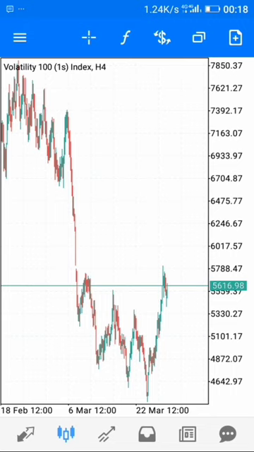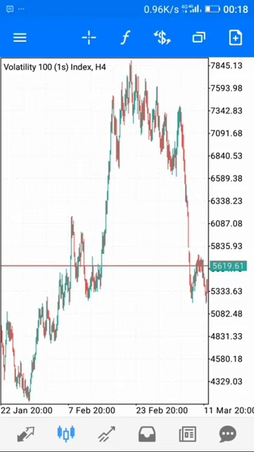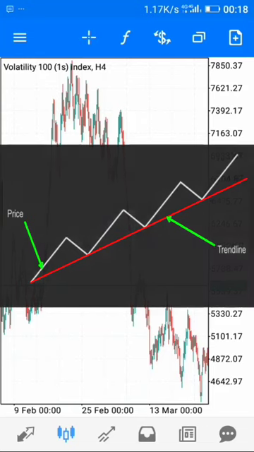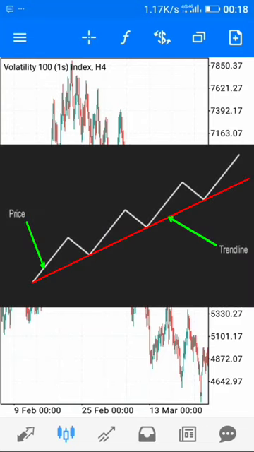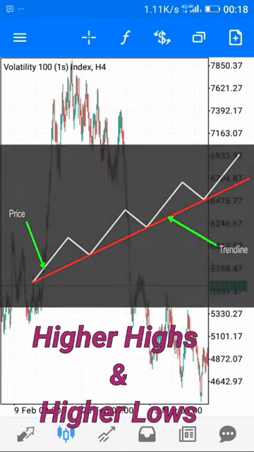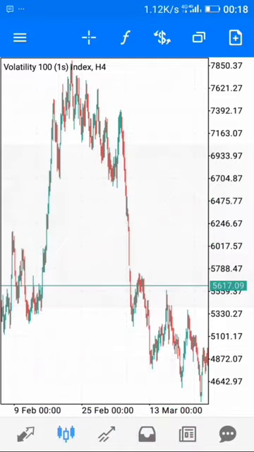And for an uptrend, if you can spot and connect a series of low points sloping upwards, then you should have an uptrend, because an uptrend is often characterized by higher highs and higher lows. In this case, a trader should be looking out for a buy opportunity whenever the market touches and bounces off the trend line moving upwards. Don't just worry about that, because I'm going to show you all that on a real chart.